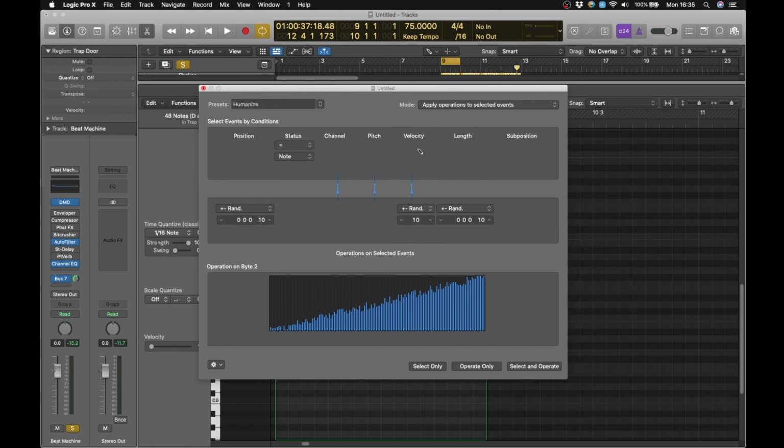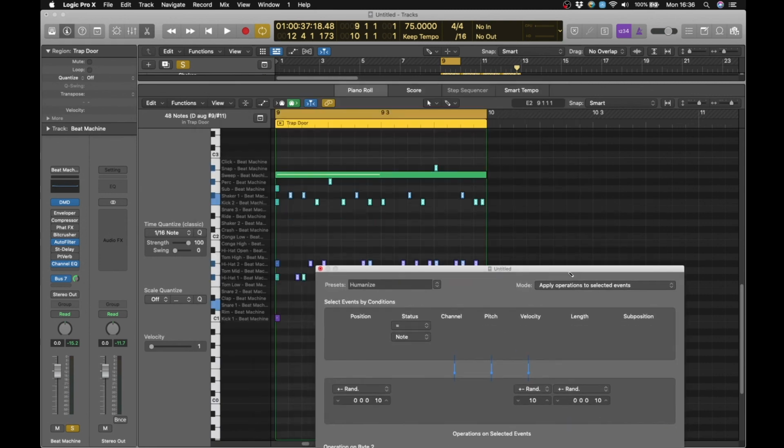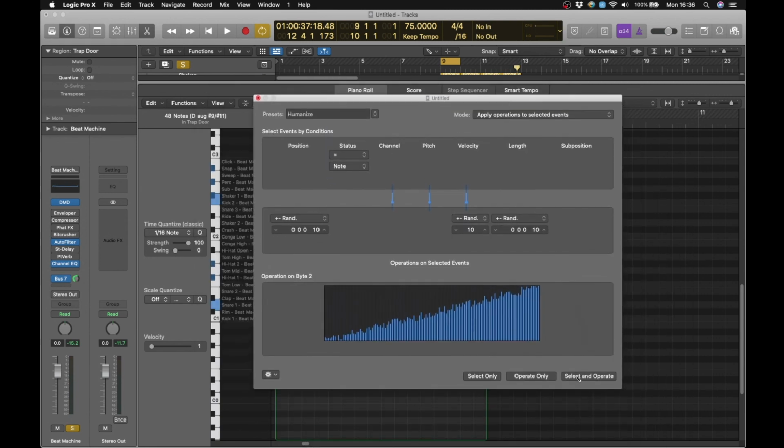And then next you've got velocity, and it'll slightly randomize the velocity because maybe you've copied a few notes, so a lot of them might be the same. So this will slightly change a few of the velocities. It'll keep the rough feel of the loud notes being loud and the quiet notes being quiet, but it'll just change them a little bit so that the quiet notes are ever so slightly different from one another. And the last one, it changes the length a bit, but that really doesn't make any difference at all with our drums. So what you can do is when you've got a box around them, you can just click operate,